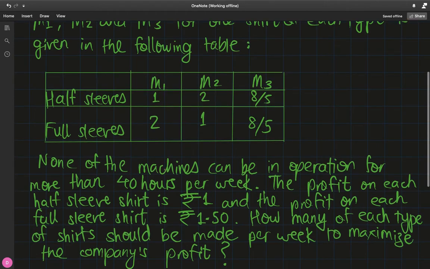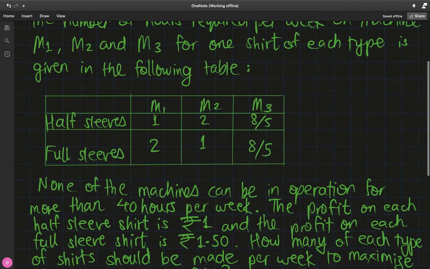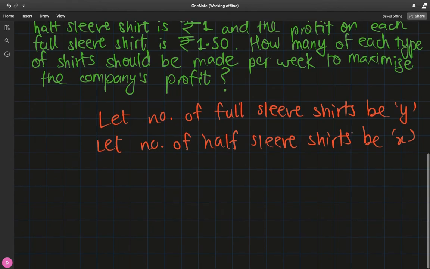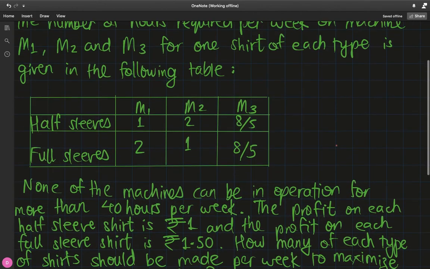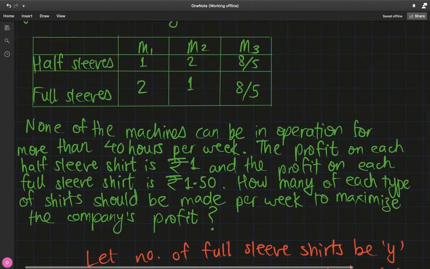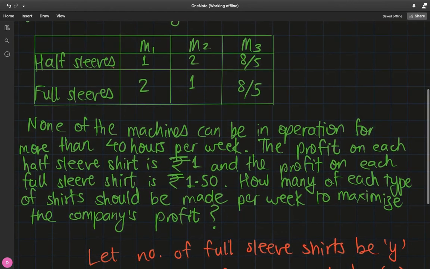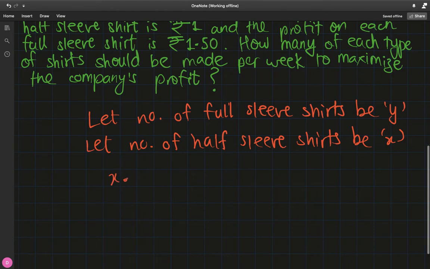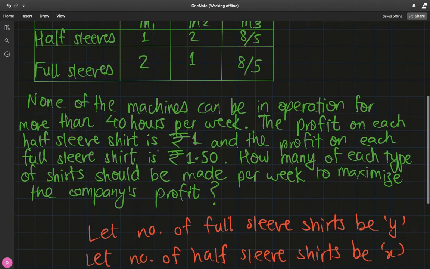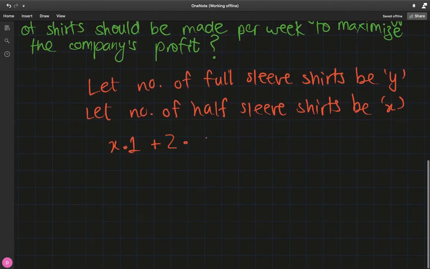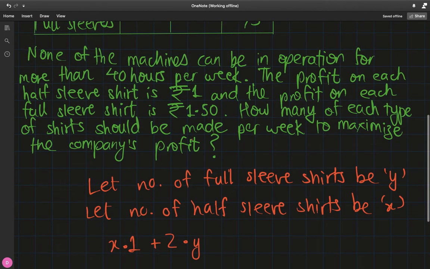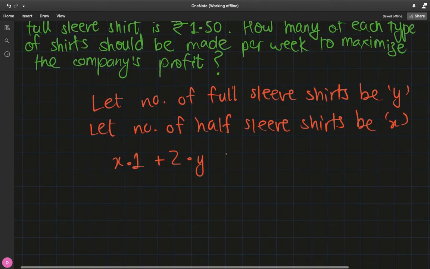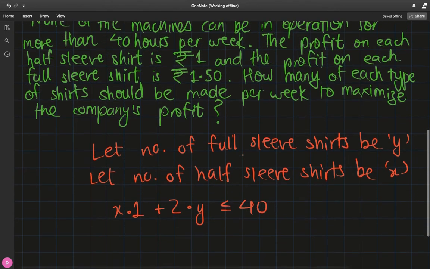Okay, so machine 1, the time taken is 1 hour for one half sleeve, and 2 hours for one full sleeve. Say we have x half sleeves and y full sleeves, so the total time will be x times the time required for one half sleeve, or x times 1, plus, because we need the total time for one full sleeve, 2 times the number of full sleeves, y, and that has to be less than or equal to 40,